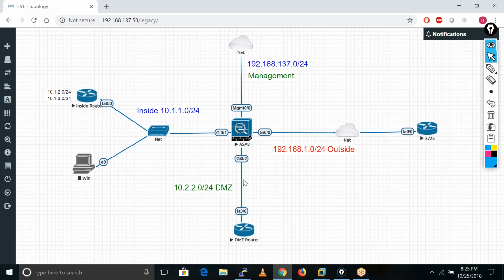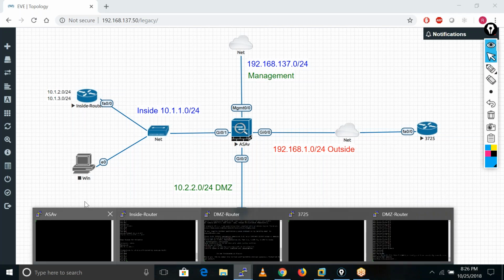If I run this from my outside router, it will not work, because this is a public network and this is a private network, right? So this private IP is not reachable, not routed over the public domain. So we need to configure static NAT for that. We want to provide the access of these services to the outside world. So how can we do that? I'll just log in to my ASA firewall.